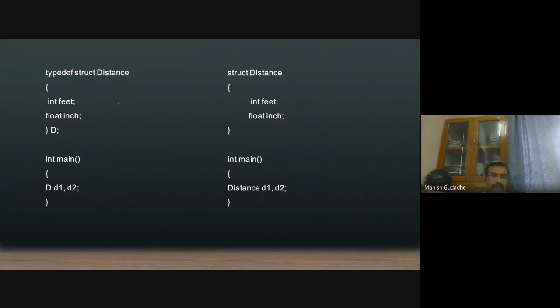One more thing which I just want you to know. You may or may not use it; that's your choice. What we can do is this. We are defining a structure distance with feet and inches as its members, and we can declare variables in main as distance d1 and d2. So d1 and d2 both will have both these parts, feet and inches. Feet will be an integer, inches will be a float. So this is a normal variable.